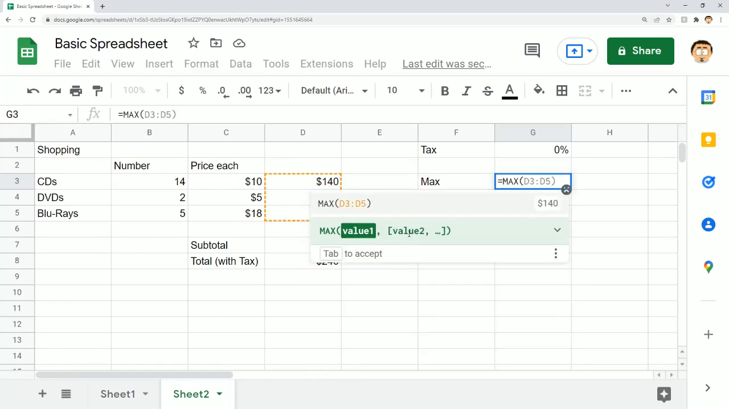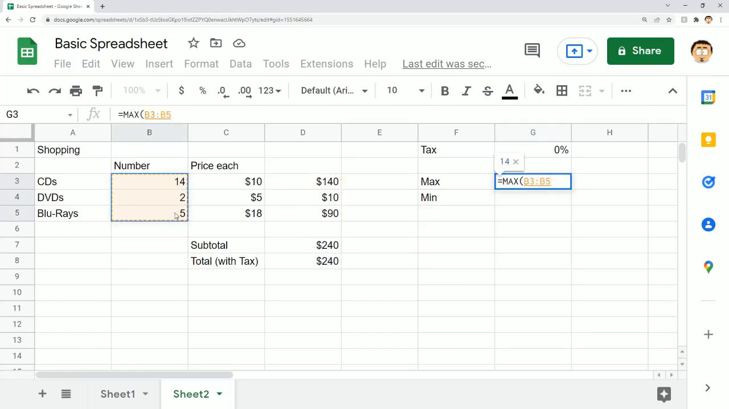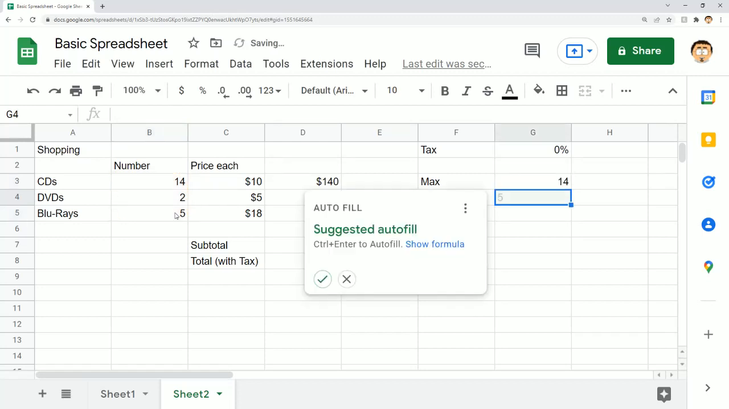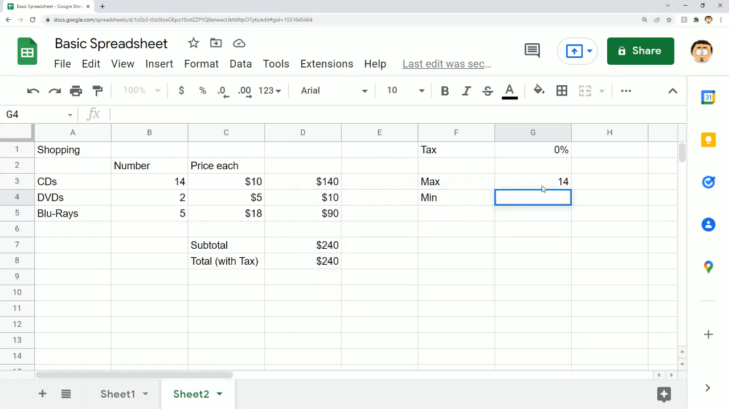It tells me to enter in all the values that I want to look at for maximum. So I'm going to look at these values, and then I'm going to close the bracket. And certainly it said that 14 is the maximum in that column. Now you'll notice that if I auto-complete this, or if I drag this down,